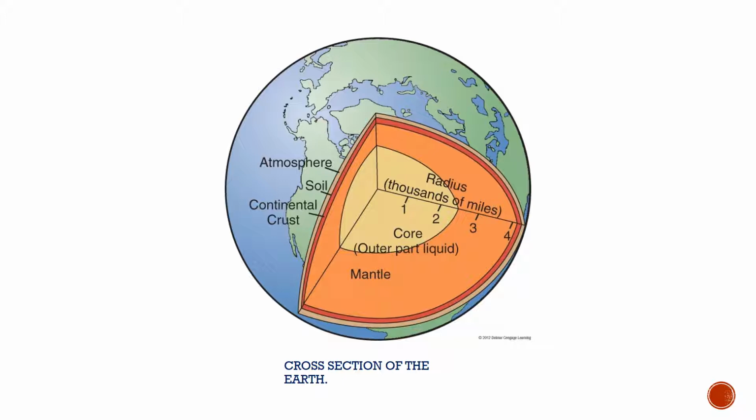We have the atmosphere, then we have the soil, then we have the continental crust. And if we were to look at this from a bird's eye view, we would see that our soil is a very, very small part of our earth. So the crust obviously can't grow a lot there. That's really just parent material. That's really just rock. And then you have mantle, and then you have the core. So looking at this, it's even more crucial to maintain that soil that we have today.